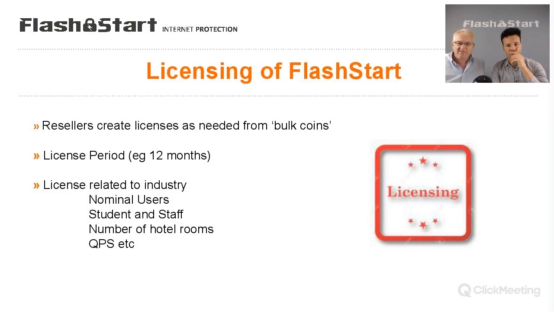So we've taken away that entire complexity, and you buy from us coins. It's a credit system. You buy packs, maybe 250, maybe 500, maybe 1,000. And the coins never expire. You can buy any license, and when you sell to a particular customer, the first one's a hotel, you just allocate so many coins. The second one is a school, you allocate some coins for that particular license, and so on. The more coins you buy from us, the cheaper things get.